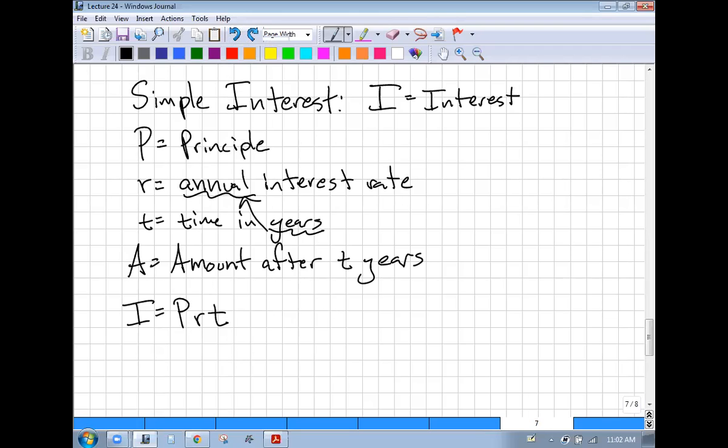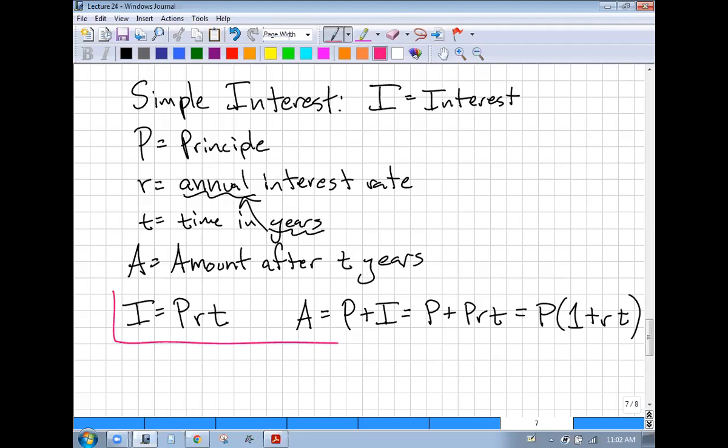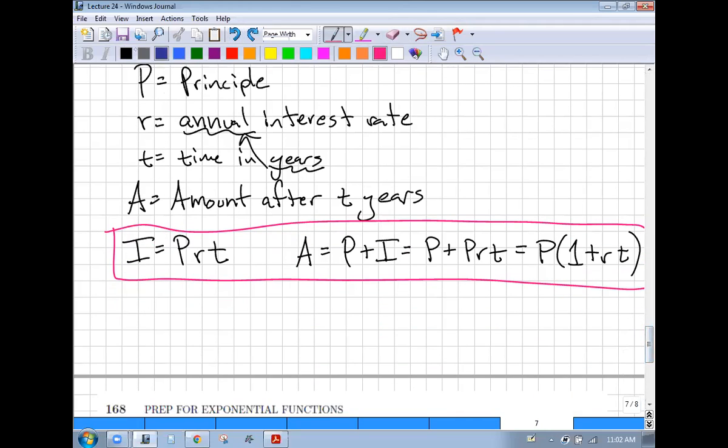So your amount is your principal plus your interest, right? Well, if your interest is PRT, you can factor a P out. You got P times 1 plus RT, okay? So here's your two formulas. Simple interest, there's just the interest. And again, your amount is principal plus the interest, all right? Then we have,